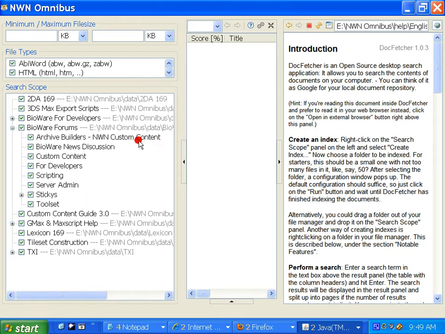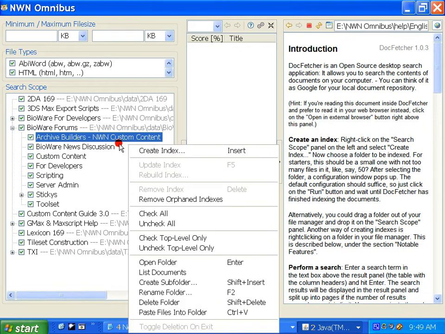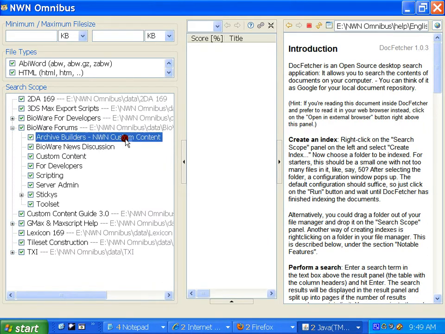Now this is not the original, or this is not the normal custom content forum from the old site. This is the really, really old archive of the original custom content forum on the old site. There's a ton of useful information in here. Don't discount it. A lot of information came out till about 2002, 2003, or maybe even 2004. And then after that, information started to slow down. So having access to the really, really old stuff